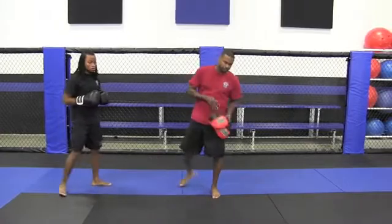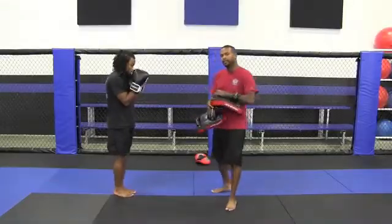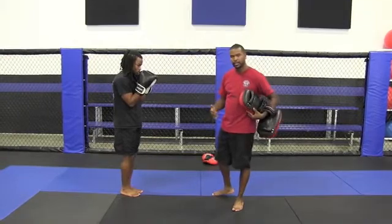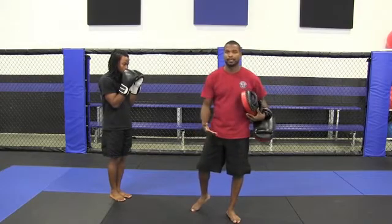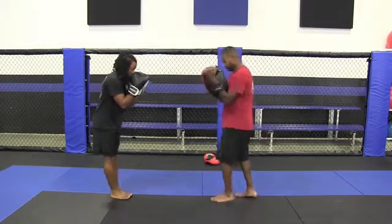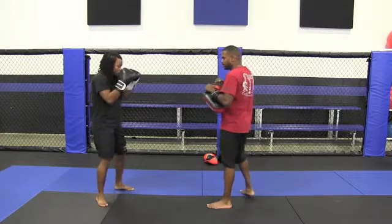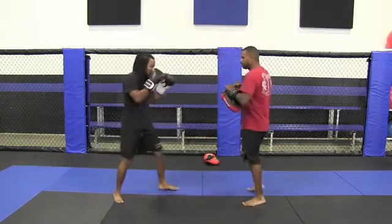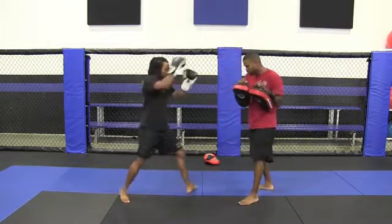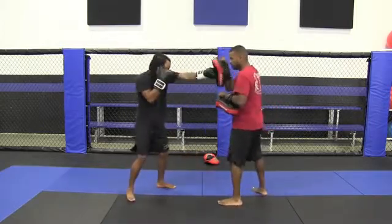Okay, now let's talk about how to implement a kicking technique with the hand combinations. Now, implementing kicks with your punches, you kind of want to have the mindset: you either use your hands to set up your feet, or use your feet to set up your hands. So from here, we can use the jab to set up the right kick. So 1, 2. 1, 2,